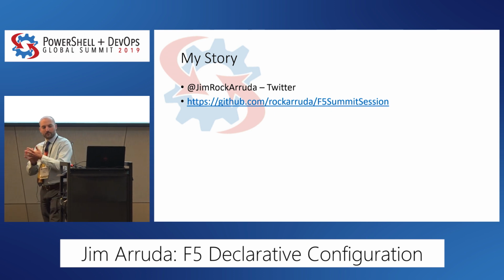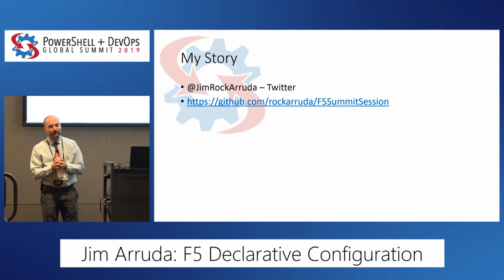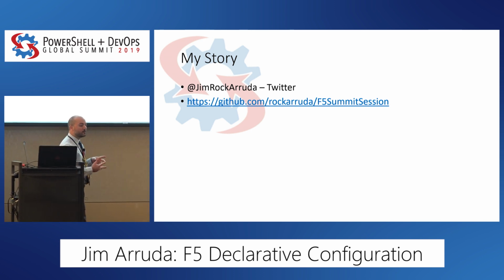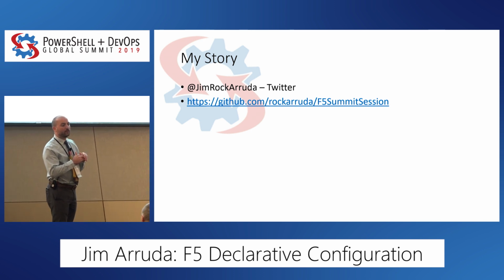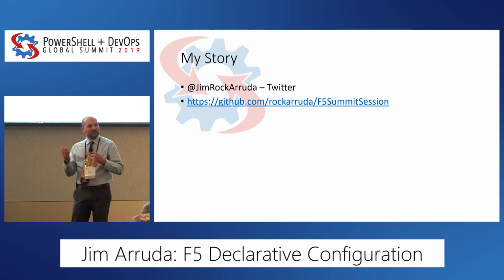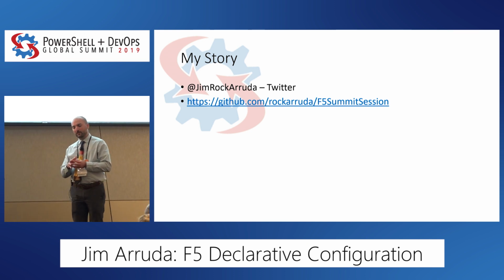So, quick story about me. I'm from Rhode Island, so I talk with my hands a lot. And at my company, we started doing a virtual pipeline to create environments. And one thing that we had missing was configuring the F5 as part of that pipeline. So I got on a call with the vendor, looked at the REST API. There was a PowerShell module from the gallery, but there was a lot of work still to be done. There were some things it didn't actually solve for. So the vendor then pointed me in the direction, this is literally a year ago,